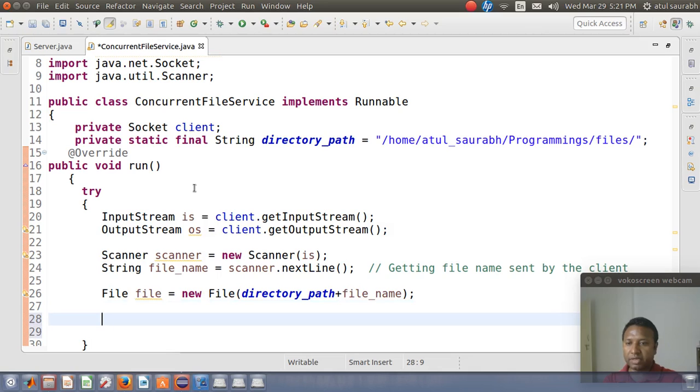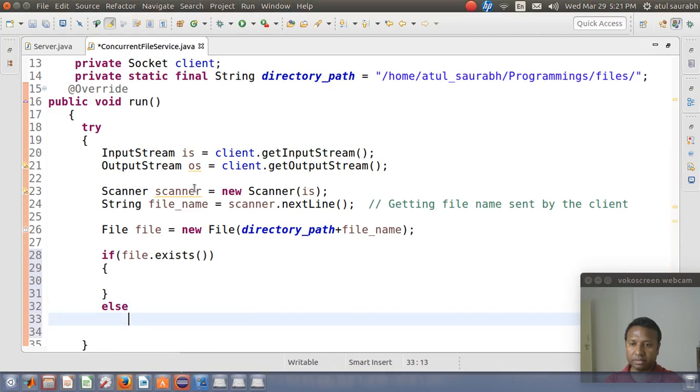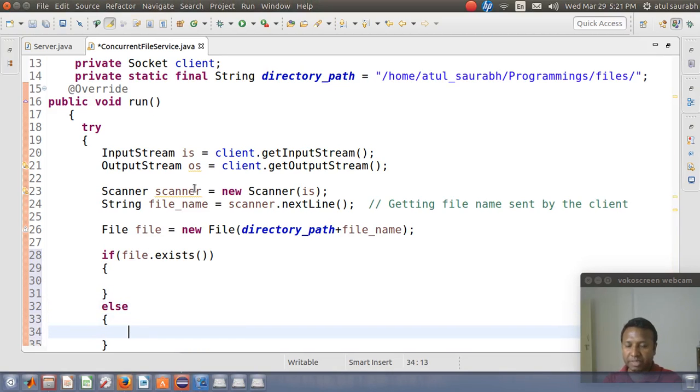Now if the file exists in the system, then we need to do some task. Otherwise we will simply send a message to the client.